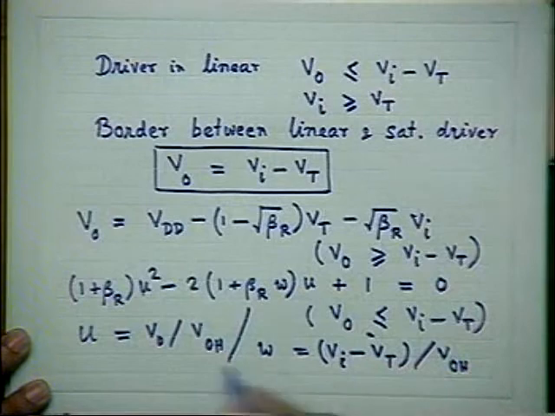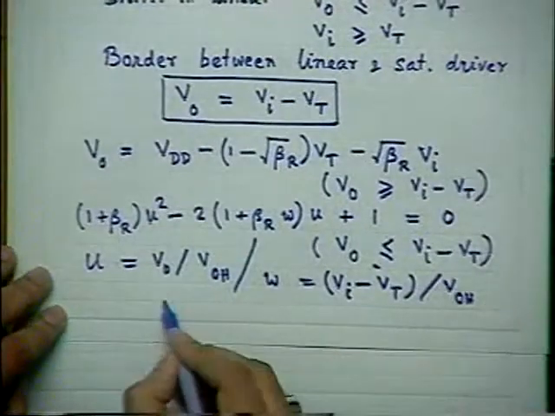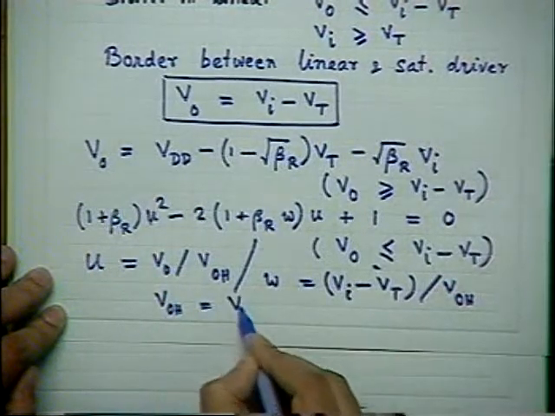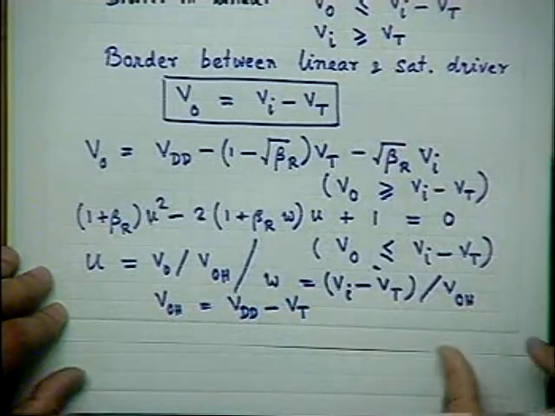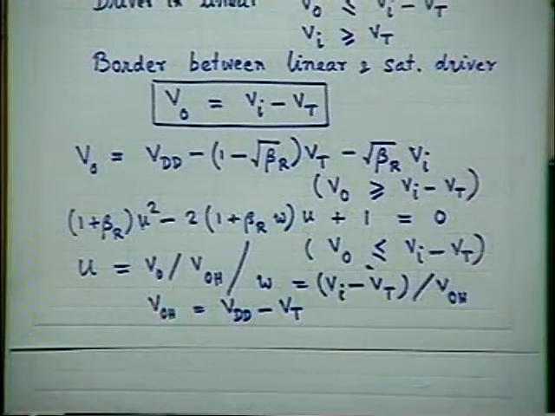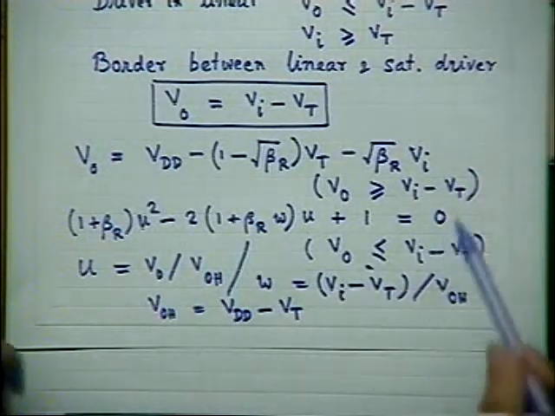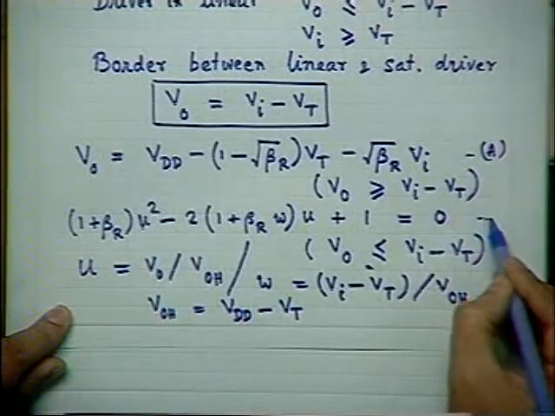Please note, what is VOH? VOH is equal to VDD minus VT. That was the relationship. So what I asked you in the last class was, using these two relations, this one and this one, which I now call A and B,